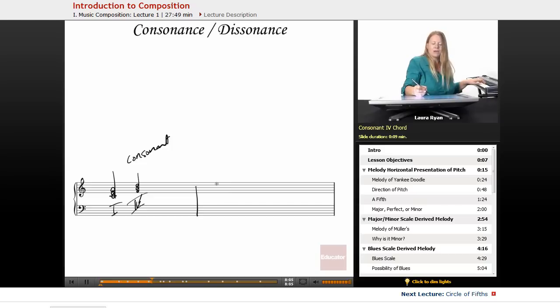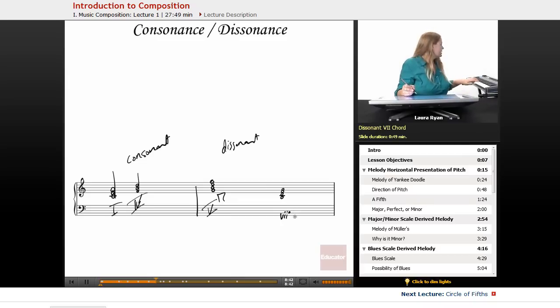Let's add something that's maybe not so stable. Dissonant doesn't necessarily mean a chord that sounds bad. Dissonant sometimes means a chord that sounds less stable. Perhaps something that's really leading our ears. This sounds unfinished, unresolved. It's leading our ears back to the C. So this is just a very, very basic definition of dissonant. We're going to add one more chord. This is a 5-7 chord. And this is a 7